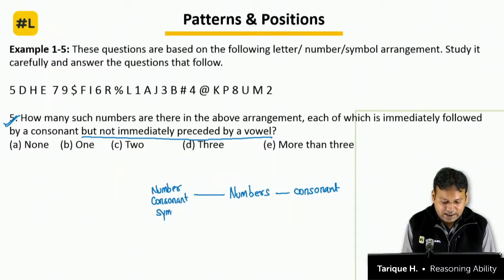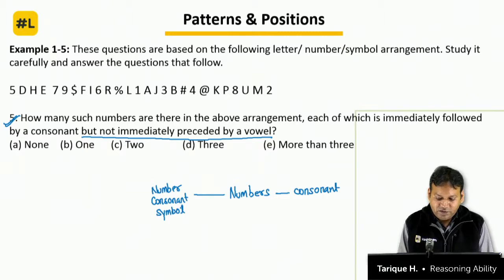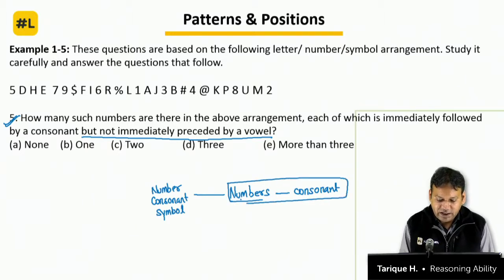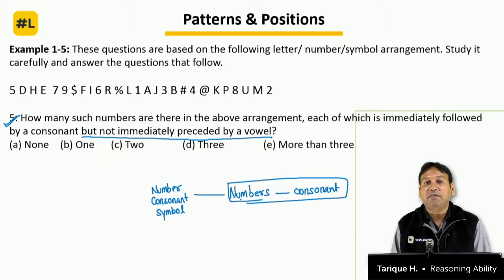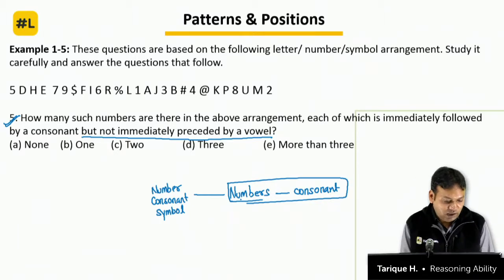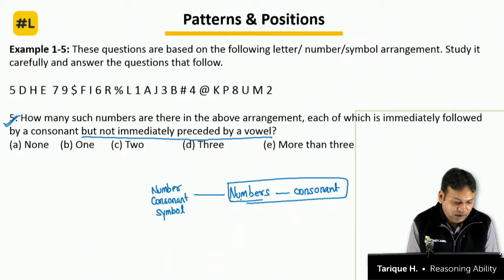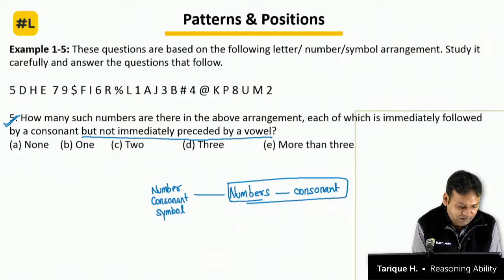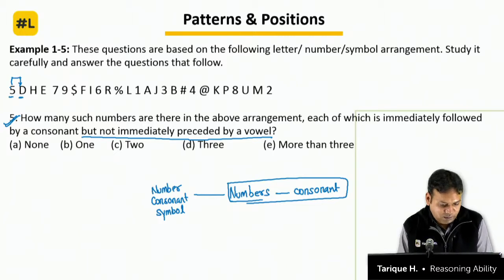The basic idea is that a vowel should not come. So first let us look for number consonant pairs. How many such number consonant pairs are there, and then we will see whether the number is preceded by a vowel or not. So starting from here, number followed by a consonant. So here we have 5 and D. It is followed by a consonant but not preceded by a vowel, so that could also be one option, but